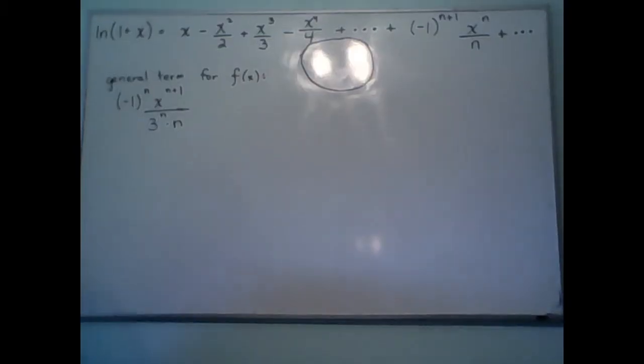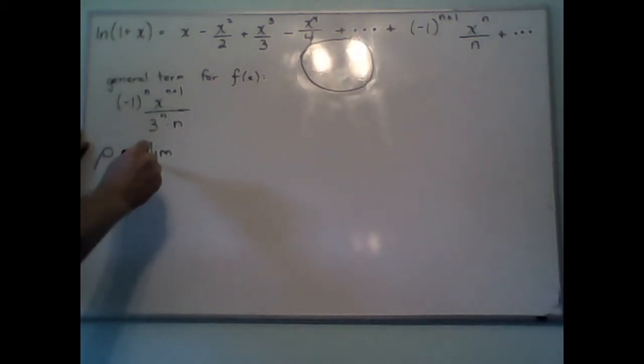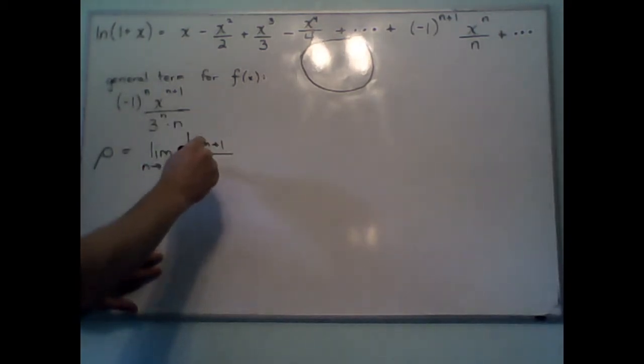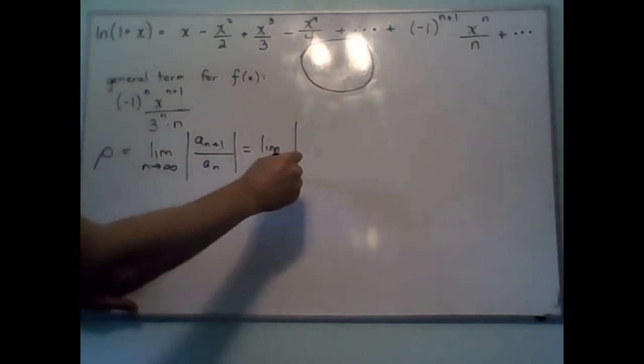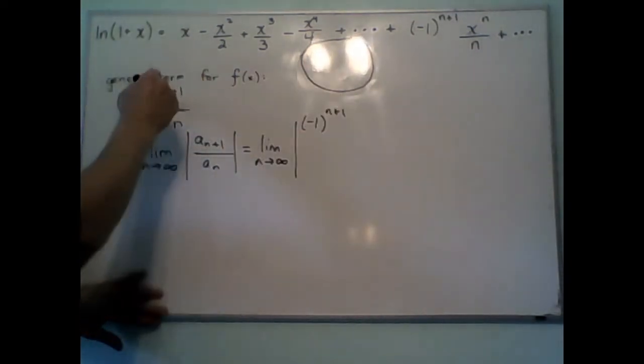Okay. From my work in part A, I've copied over just the very last thing I had written down, which was the general term for my function f. So let's go ahead and use the ratio test to find the interval of convergence. So I'm looking for this quantity that we call rho, which is the limit as n goes to infinity of the absolute value of the ratio a n plus 1 over a n. So a n plus 1 is going to be what I get when I plug in n plus 1 for every n. So that's going to be negative 1 to the n plus 2, x to the n plus 2,